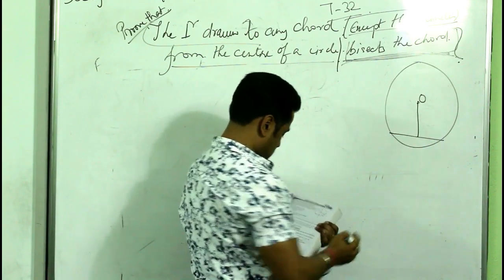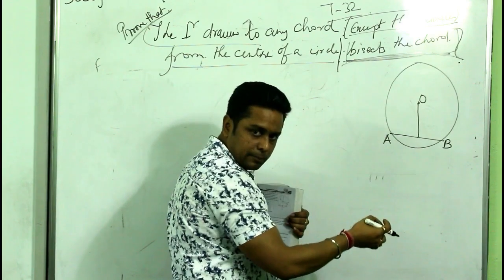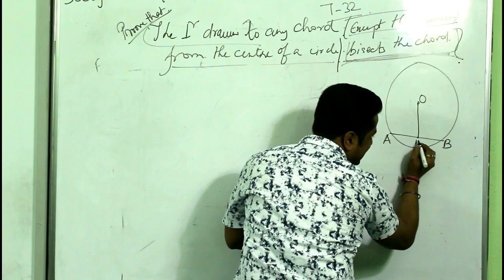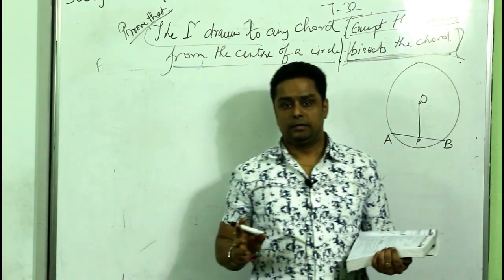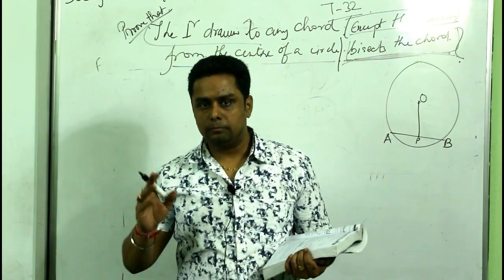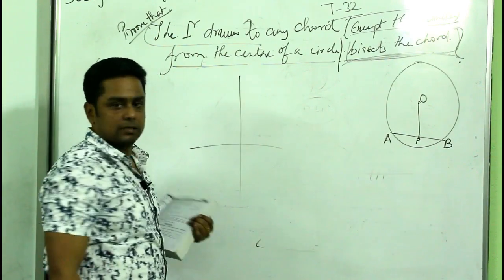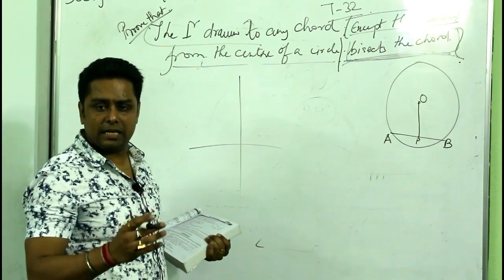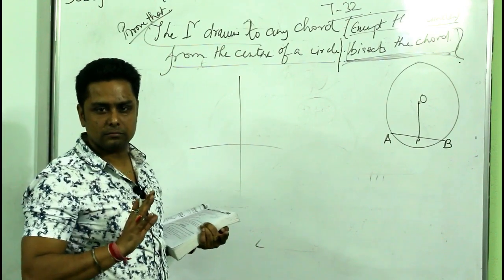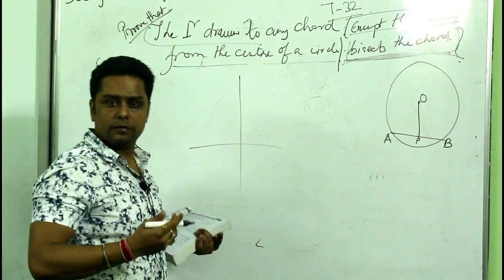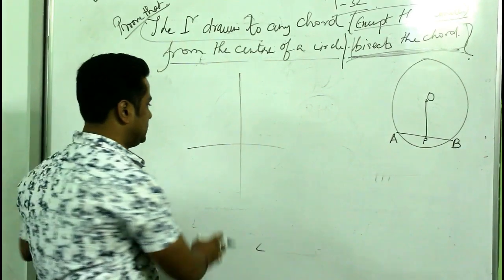Center is O. The chord is AB. And the line coming perpendicular from the center intersects the chord at P. Now I am using the word intersect. Sir, you just said bisect. No, bisect you have to prove. Getting my point? There is a line, this line is intersecting, meaning both lines are cutting. Whether they are cutting in half or not, that is a different factor. First they are cutting. First point is these two lines are intersecting lines. Now we will prove that these two lines, the way they are intersecting, it is bisecting only. Clear? Okay. Now jump into the theorem.